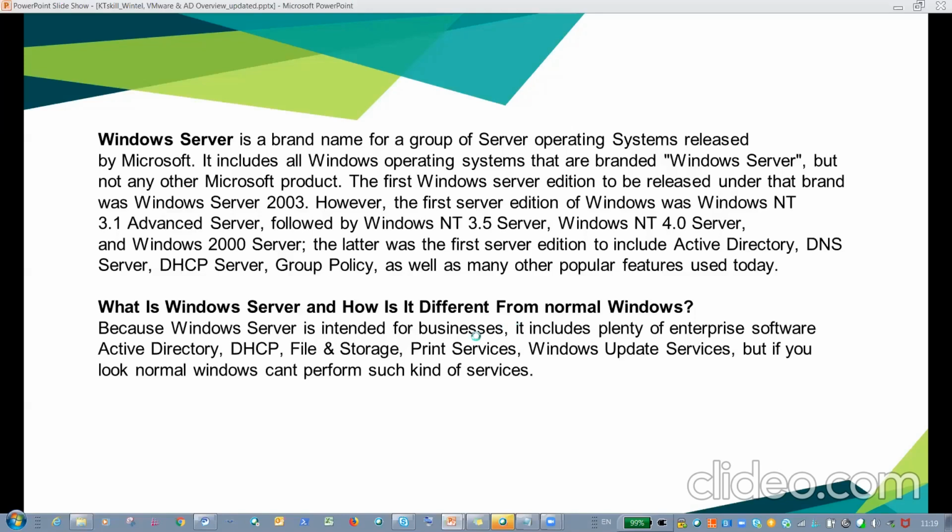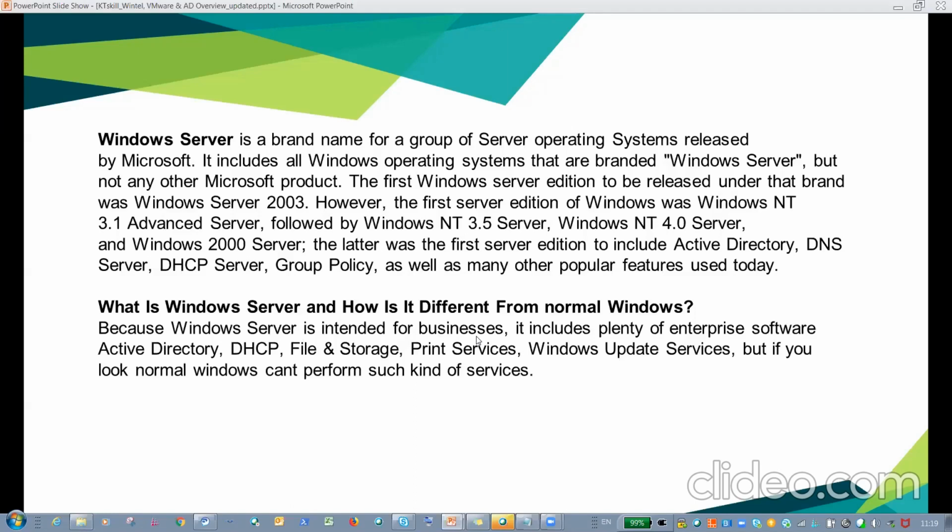So I have included this so that you get knowledge in Wintel. Suppose I include only Wintel and not VMware and AD, then you would be confused why only Wintel is required and not VMware and AD. So I have included these three things because they are all interconnected.